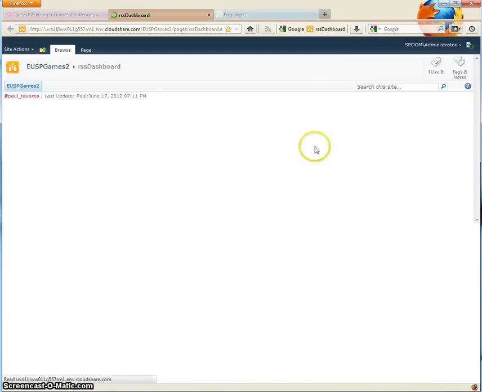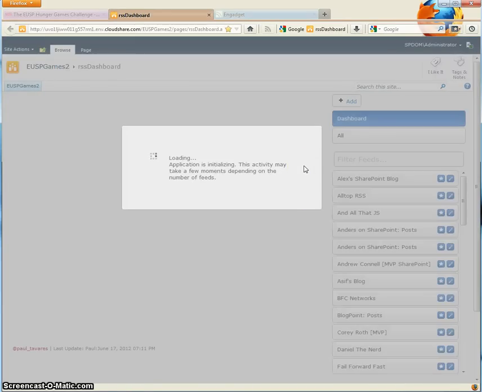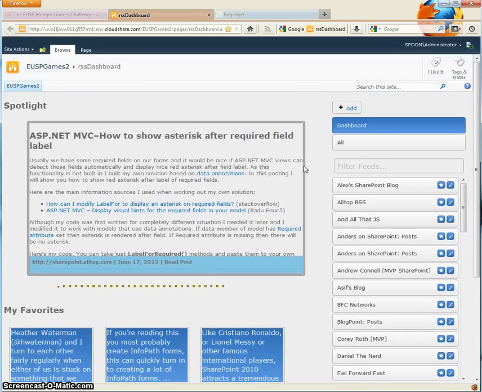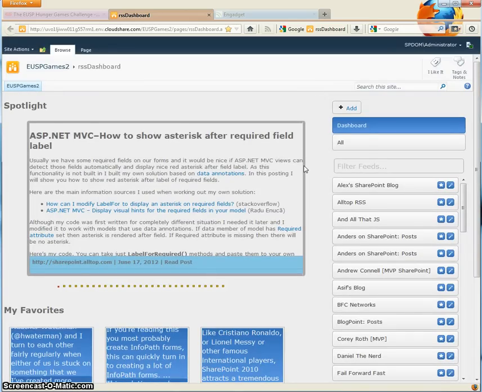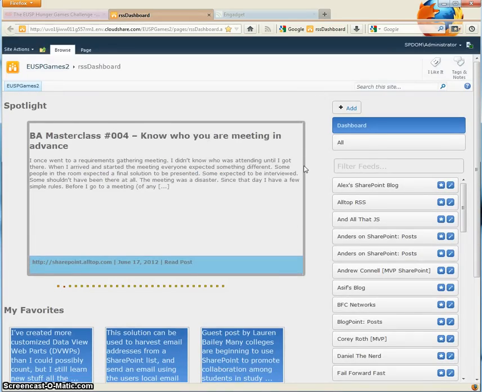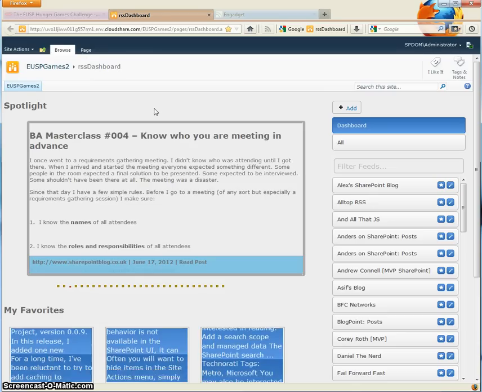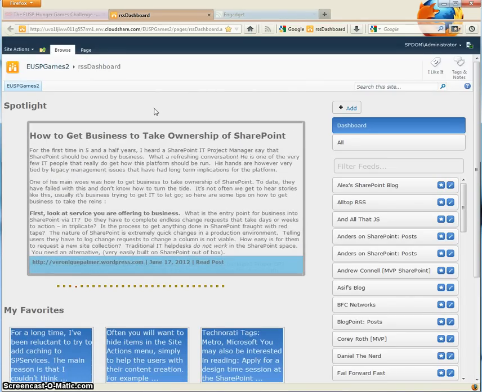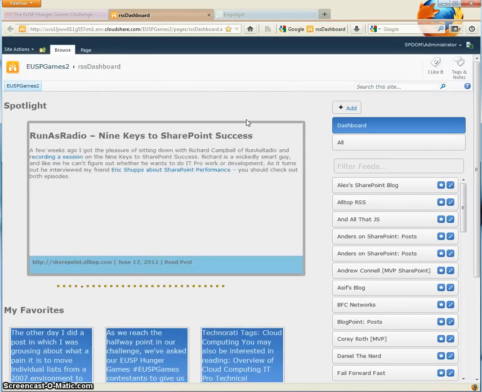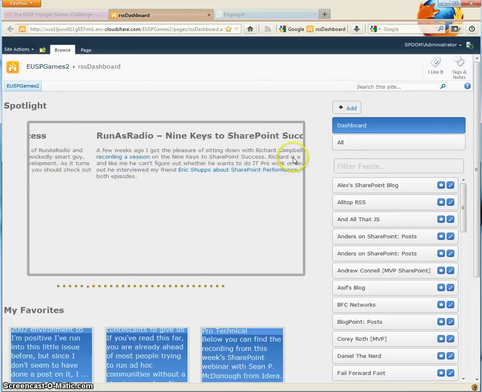I'm going to load my UI here. As you can see in the background, until the UI is actually loaded, the user is prevented from interacting with it. I've chosen an approach that maintains the overall SharePoint look and feel as far as the navigation bars up top, giving the user the ability to jump back and forth to other SharePoint content. My solution is broken down into the main page, which takes most of the space, and